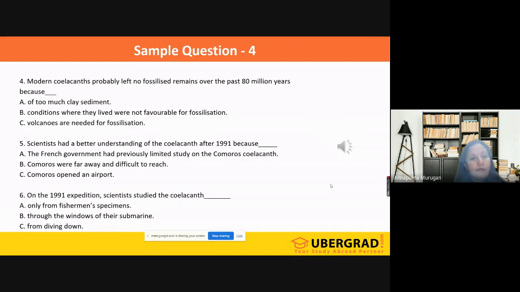In 1991, scientists got a better understanding of the fish when the Comoros got their independence from France and French restrictions on research were lifted. This allowed scientists to study the fish off the Comoros Islands. As the animal hides in underwater caves some 300 to 700 feet down during the day,